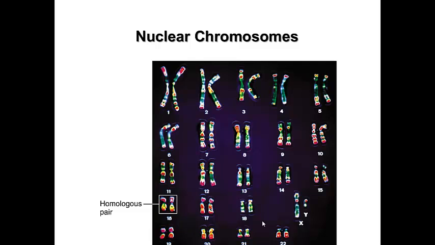This particular karyotype is a far more fancy one than most, because the scientist who made it has added fluorescent dyes that bind to very specific areas on the chromosome. These specific areas correspond with large groups of genes, by the way. The special technique of this kind of karyotyping is known as FISH, F-I-S-H. It's an acronym that stands for fluorescent in situ hybridization. Now, you don't need to know that, but we will be going back to that at a later time, so I just want to throw it out there for now.